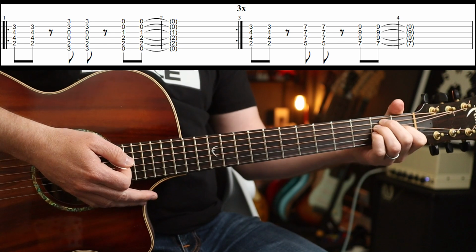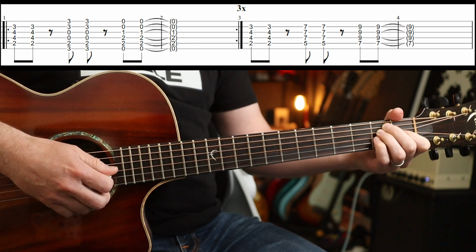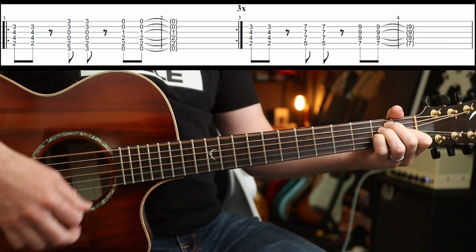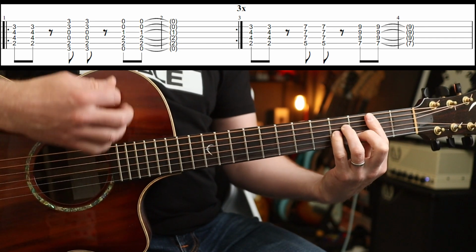When he goes to the E, he often puts in a sus4, which is adding your little finger to the 2nd fret on that G string, right? Okay, so that would be...